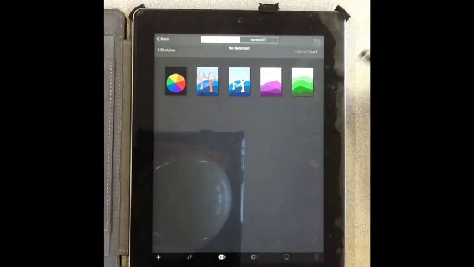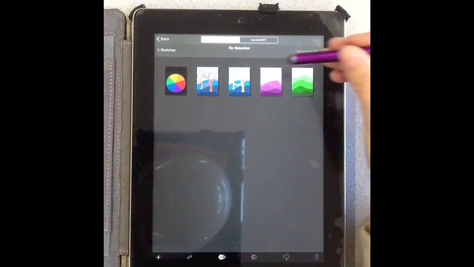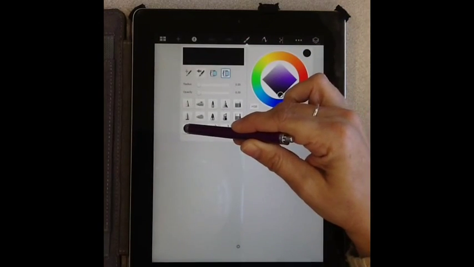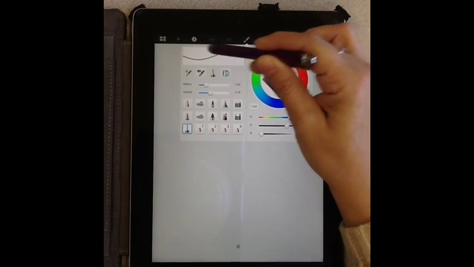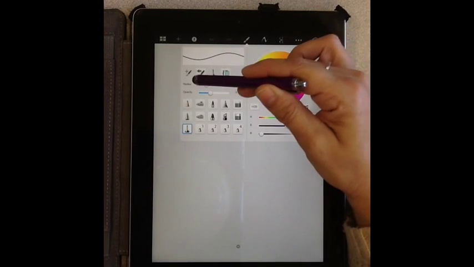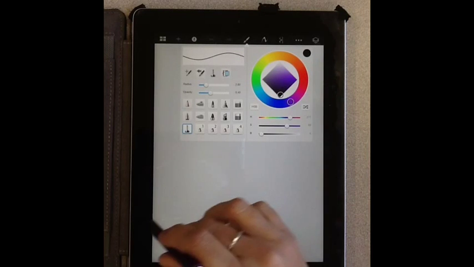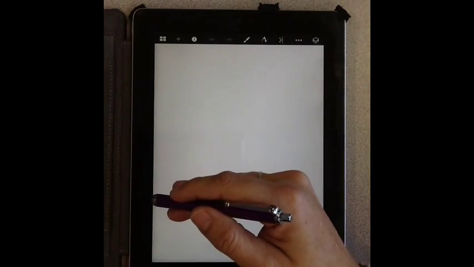So we're going to talk about the color selector in Sketchbook Express. So remember, let's do this together. The first one, it's real simple. If you'll hit the plus sign, that gives us a new page. Then we're going to go and select the marker tool in black, kind of a thin radius. We've talked about radius and opacity before. So using a thin black marker, and I'm just going to start by building my landscape layers,